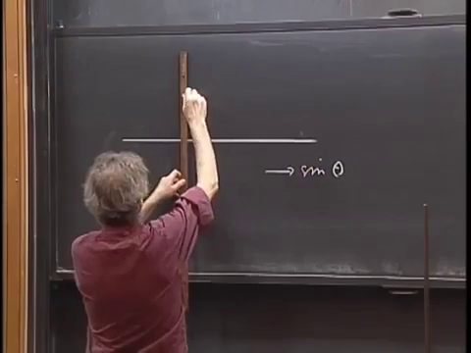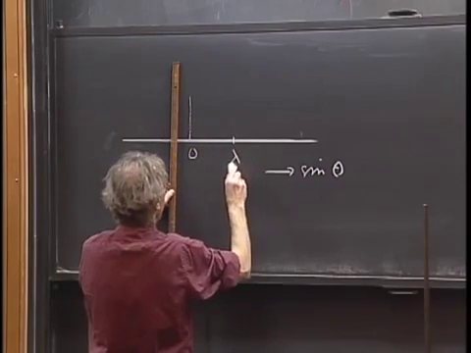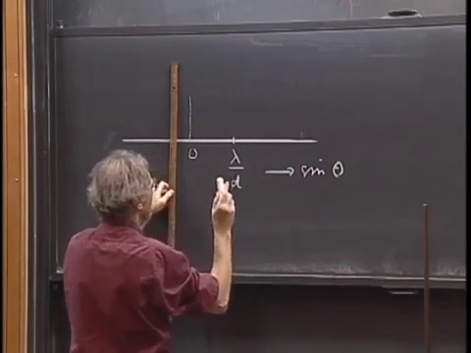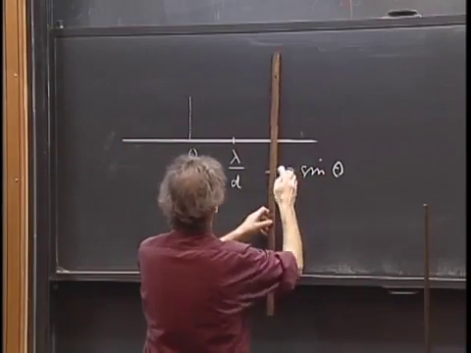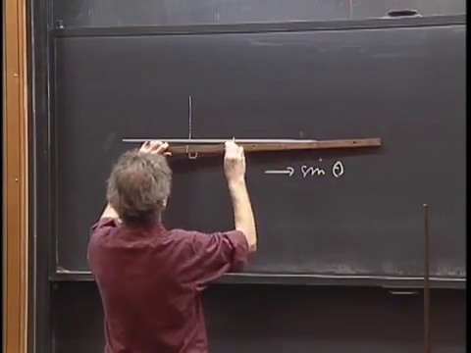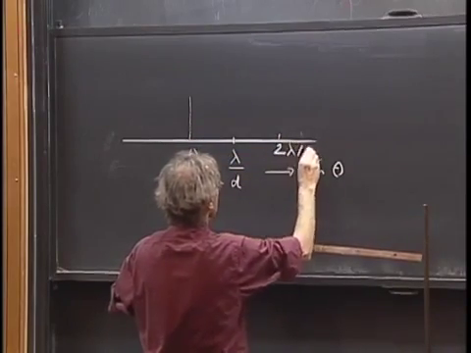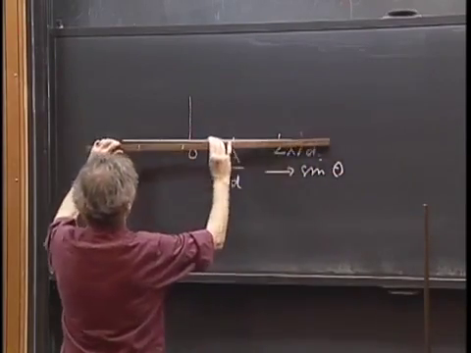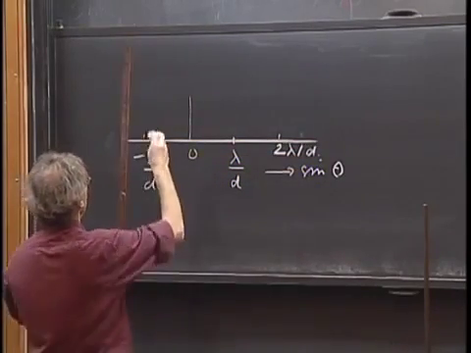And so here is 0. Let here be lambda divided by d. That is where my first maximum will come. You can see that. And then here, at the same distance, I have 2 lambda divided by d. And on the other side, I have minus lambda divided by d. And all of these are maxima,